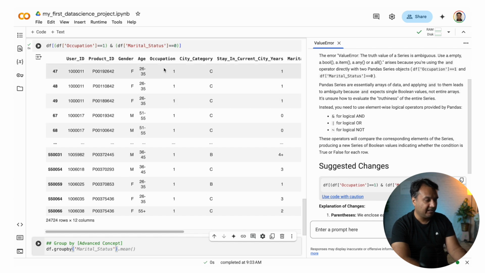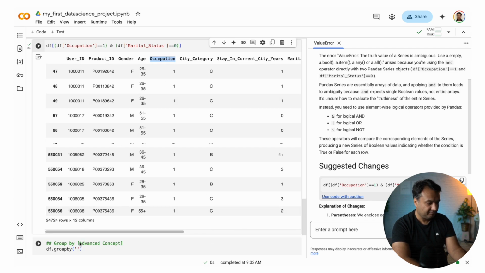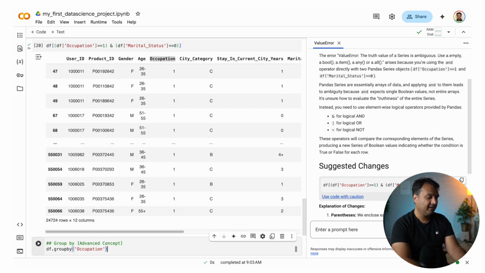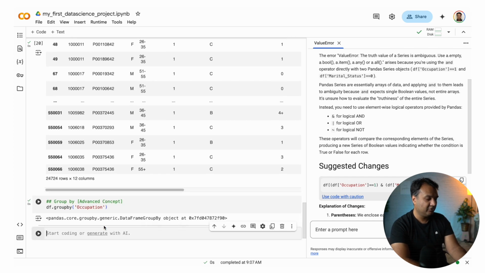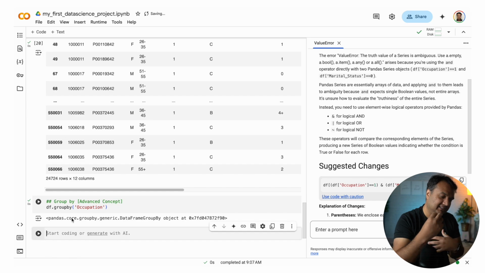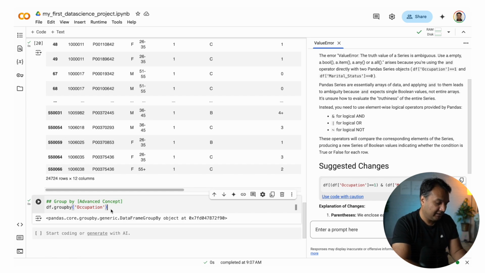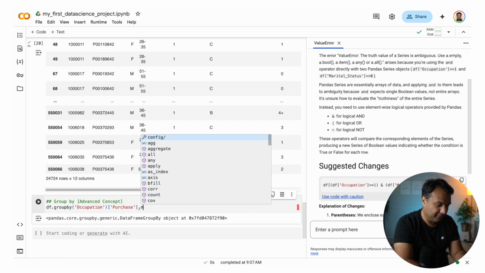I want to group it by occupation. Exactly, occupation. And when I run it, it says, okay, now you have a grouped-by object. You have to provide the aggregation function. What do you want? I want the mean value of purchase. So for purchase, I want the mean value.